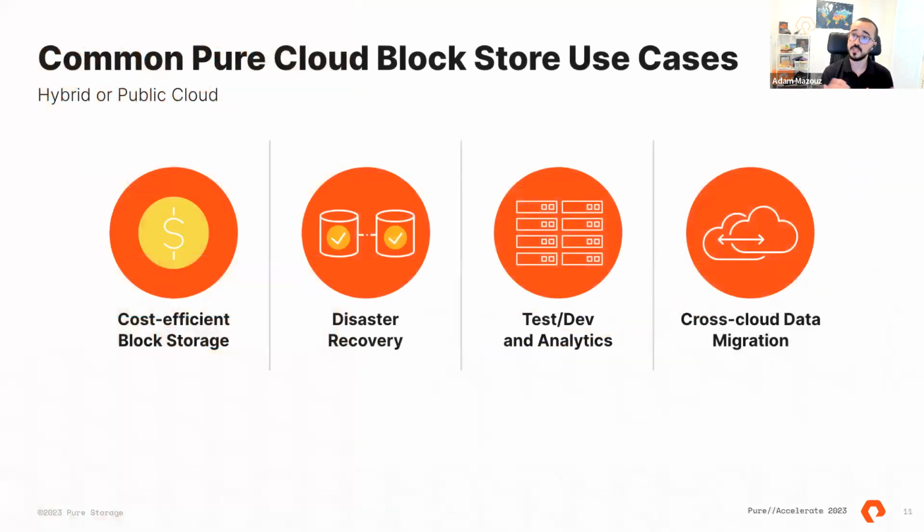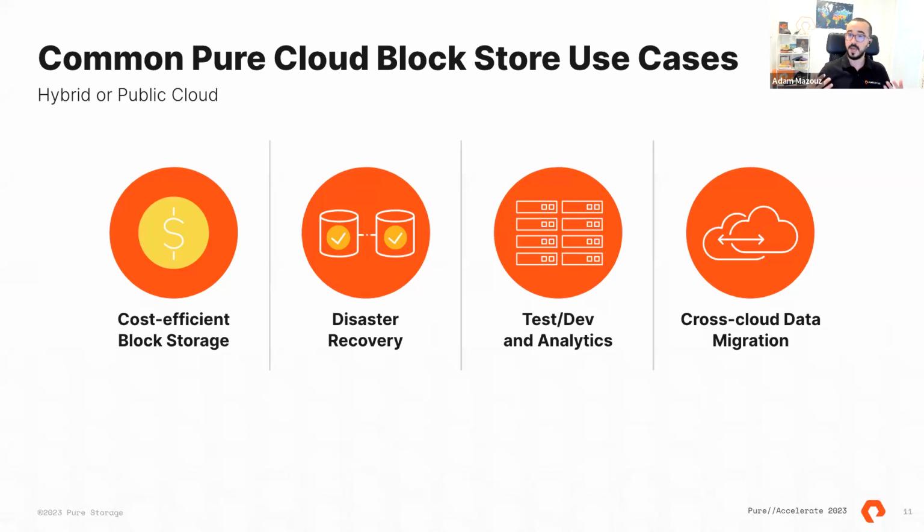So as we mentioned, this is the first use case, the cost efficiencies, the savings you can obtain by having Cloud Block Store manage your block services and block storage in the cloud. There are many use cases, and each customer tries to find its own unique use case using Cloud Block Store. But what we mainly see from our field is that they're using it for DR, which means that you can fail over and fail back in a hybrid model that extends your on-premises to the cloud. So disaster recovery is a main use case here.